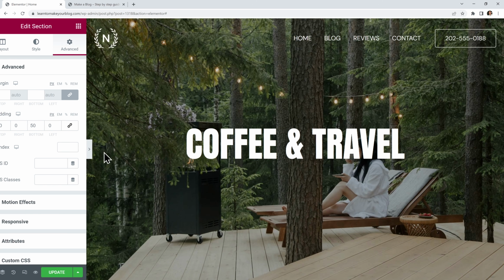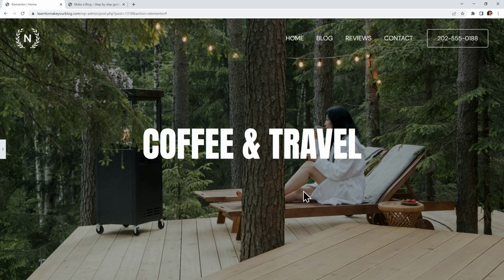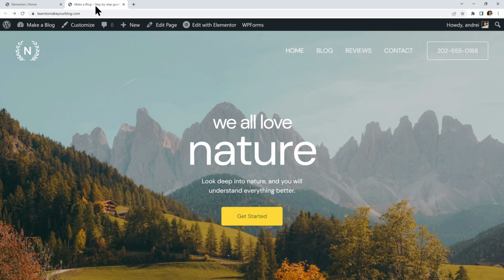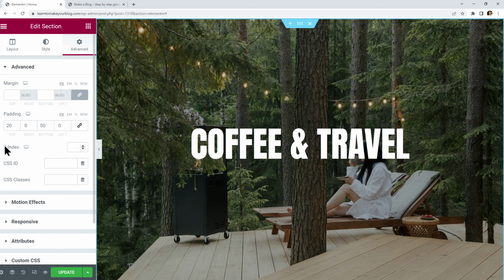Now let's preview it again, and now I think the text is aligned perfectly and the background image is taking the full height of our screen. So I think this looks perfect. But if we go back to our website and refresh the page, as you can see, our new design hasn't updated in here yet. That's because if we go back to Elementor and we open up our settings,